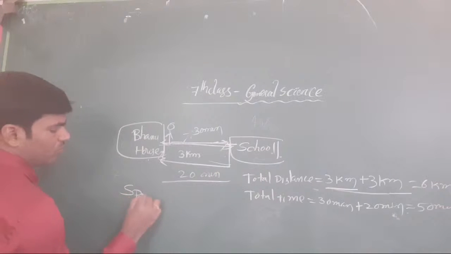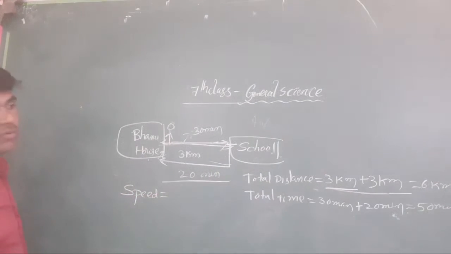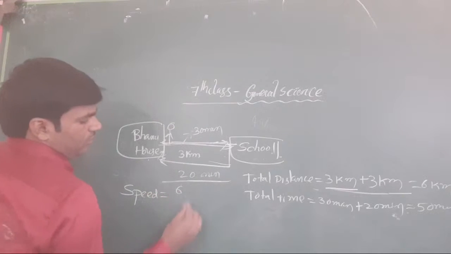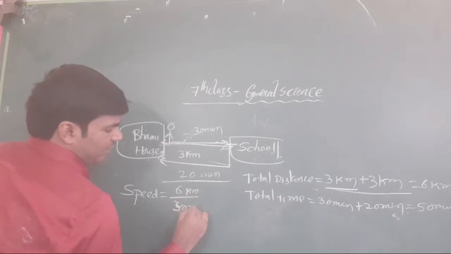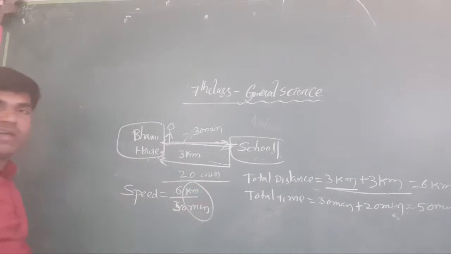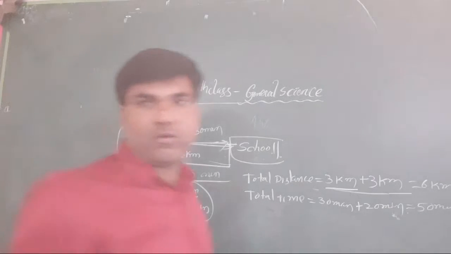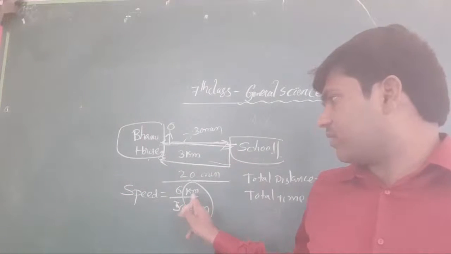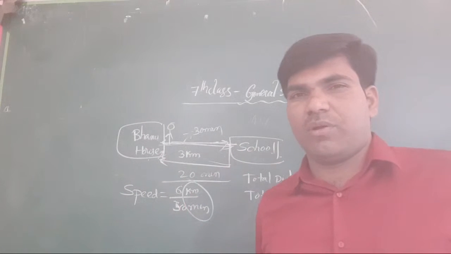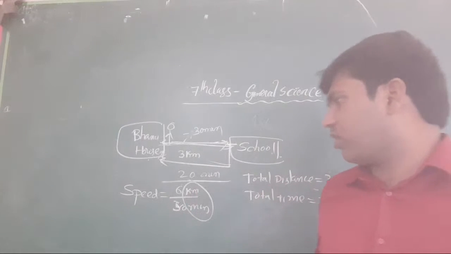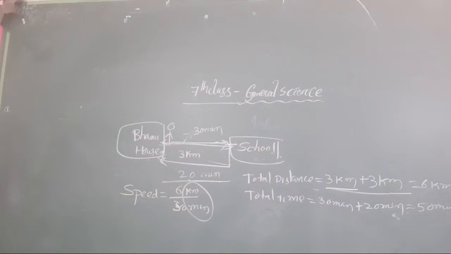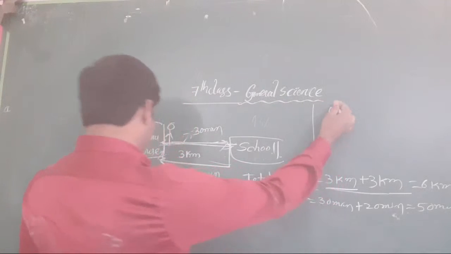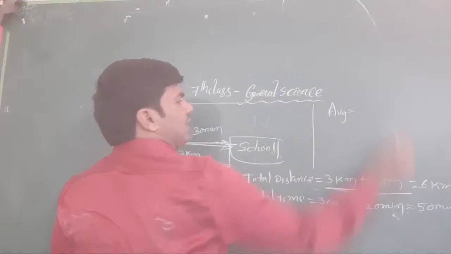Now speed is equal to what? 6 kilometers by 50 minutes. So you have to change the units again. Why? Because it is 6 kilometers and 50 minutes. You have to change these two values also into meter per second only. Now how do we change it? You know very well, already completed. Average speed is equal to